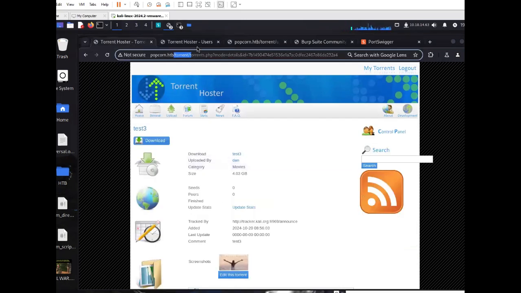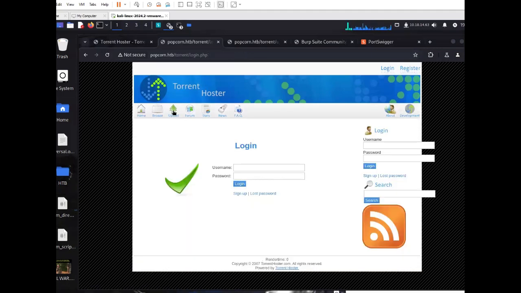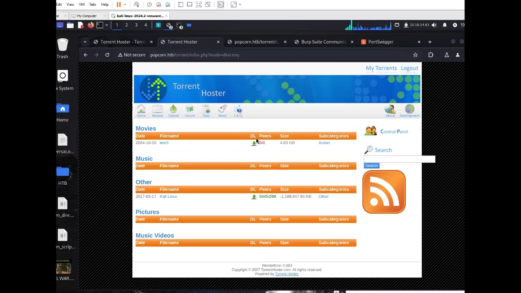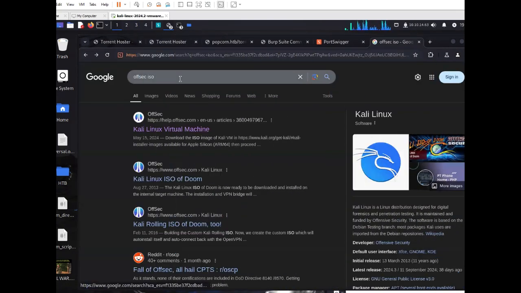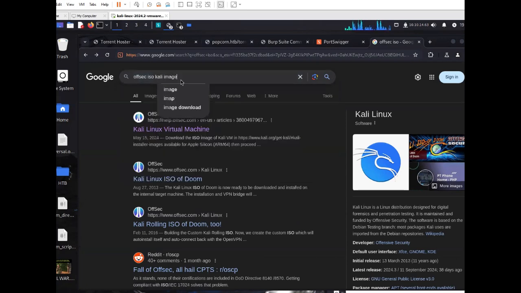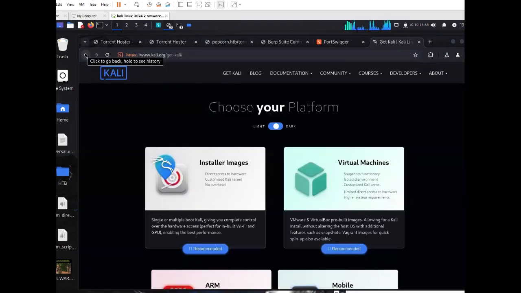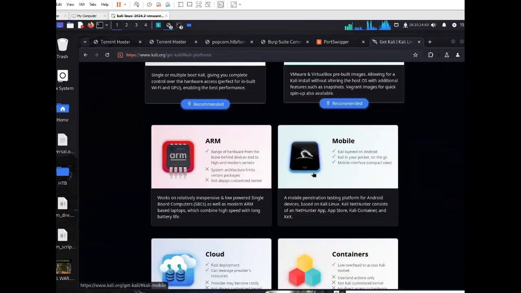Come here, and then you have the ability to upload files. I'll log in here. You're going to upload a torrent file. So you can download a torrent file. You can go to the Kali image. Yeah, here we go. So then scroll down,